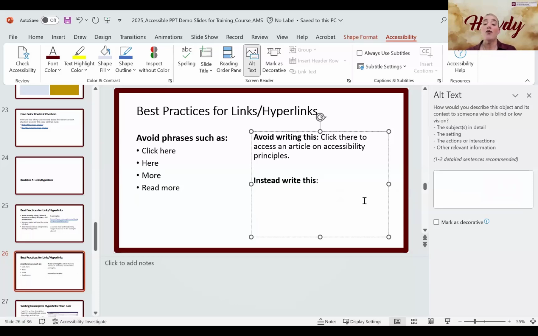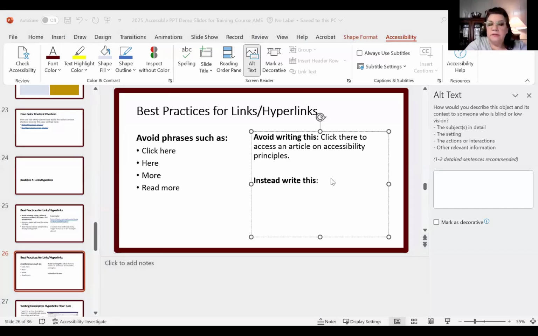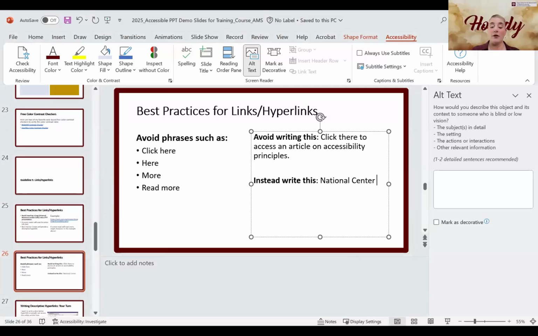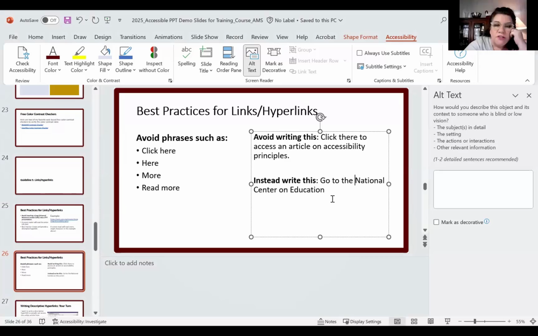So help me write what we need to write here, because this is the website. And let me see here, because this is how we all learn. Would it be something like, the whatever website tells you blah, blah, blah? Yep. Go to the name of the website to learn more. So the link would be in the last sentence, the go to learn more. Go to the National Center on